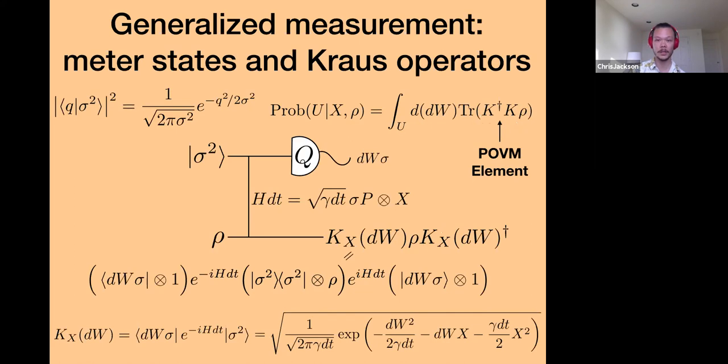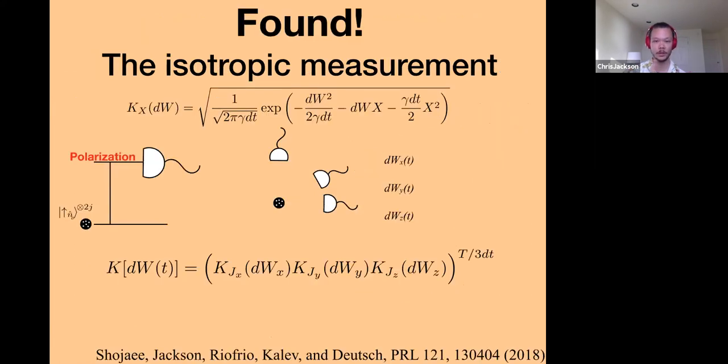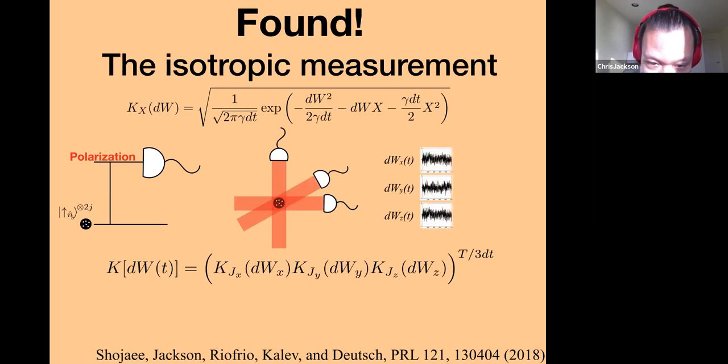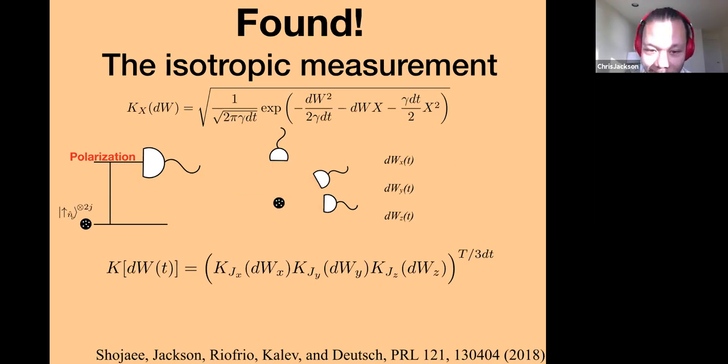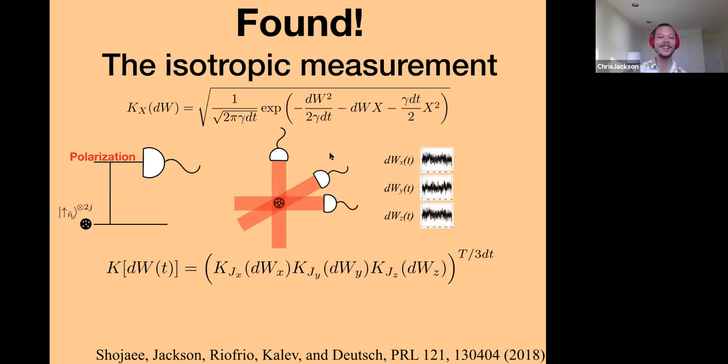Okay, if there are no questions, then let me introduce you to the isotropic measurement. So what is the isotropic measurement? I have a little graphic here as inspired by Ferrie. What I'm imagining here is this black thing with a bunch of white dots in it, which is supposed to represent 6 copies of an unknown qubit, okay? And what I'm doing is I'm coupling its collective spin to the polarization of 3